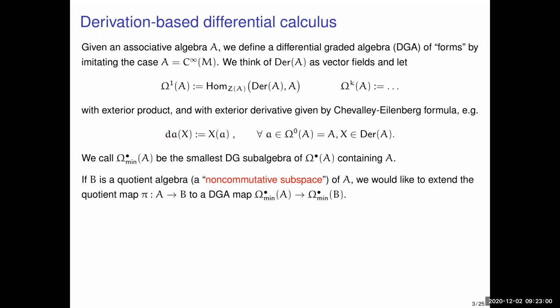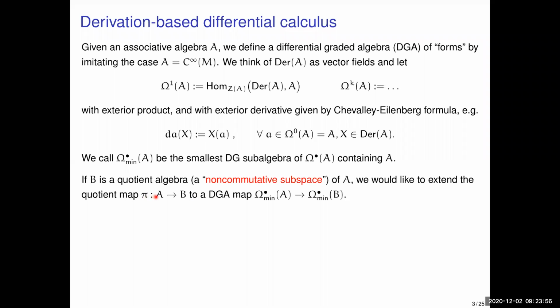Okay. Now, the next step is suppose you have a quotient algebra B. So B is a quotient algebra of A. If we want to give a geometric interpretation, we could say B describes some kind of non-commutative subspace. If these are C*-algebras, commutative C*-algebras, a quotient algebra is dual to the notion of a closed topological subspace. So let's say that you have some kind of non-commutative subspace. Well, if this is a submanifold, then you can take vector fields and differential forms and restrict them to the submanifold. The pullback via the inclusion is always well defined. And so we wonder